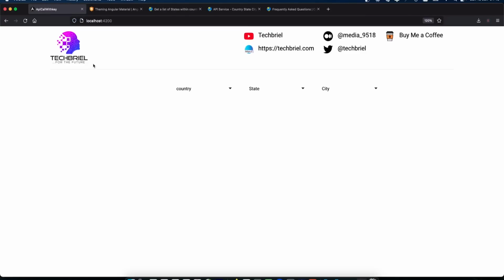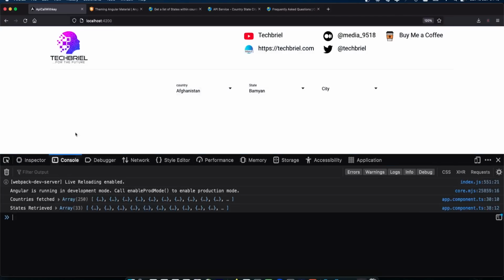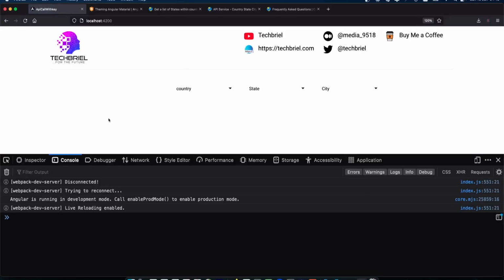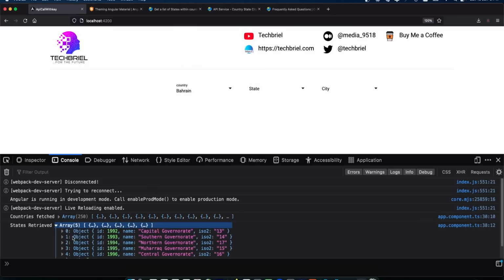And now if we reload our page and we select the country, this loads a state for us. If we inspect it and clear this, reload the page, on page load we fetch countries, and then whatever country we choose, it will load the state of that country. The next thing we want to do is, when you now select the state, it should fetch the cities in that state.